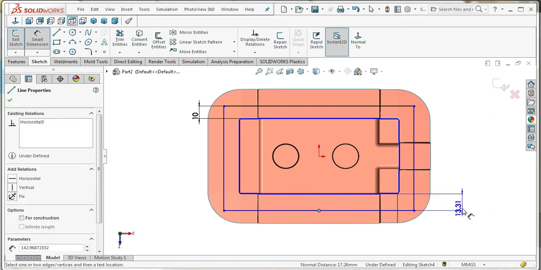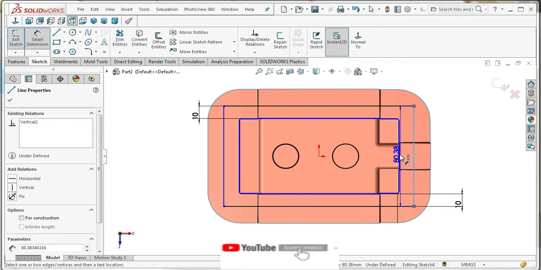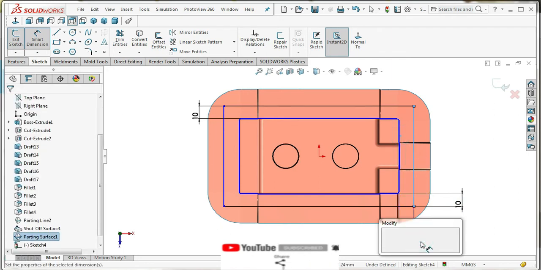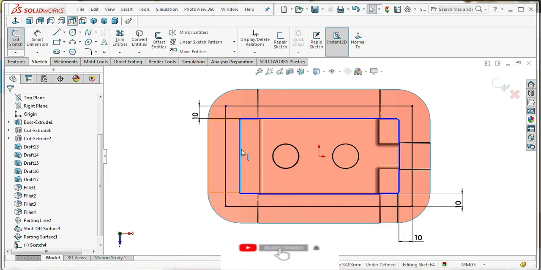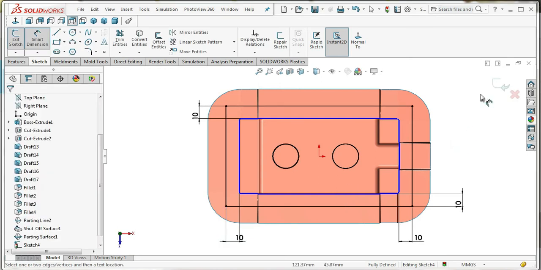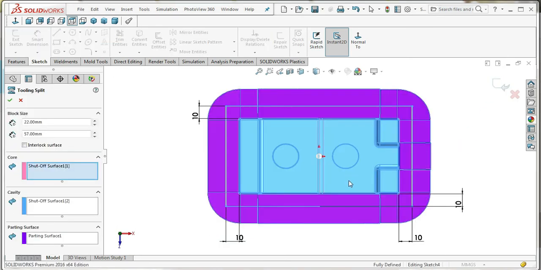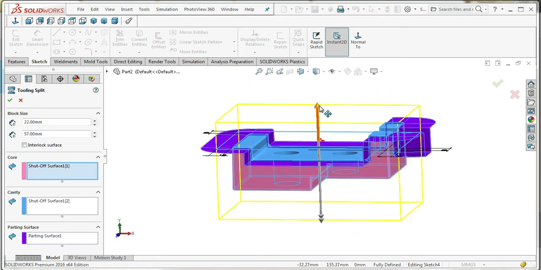In sand casting, this is for core and drag. In pressure die casting, this is for fixed die and movable die. This is the wall thickness on each side of the casting. Okay, now it is created.